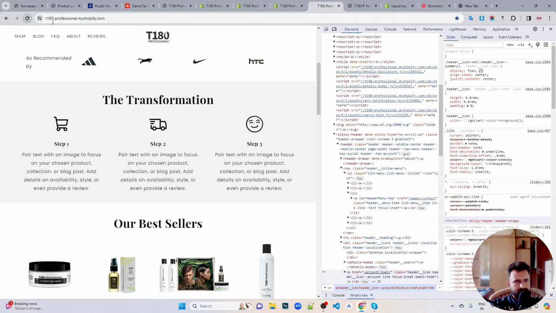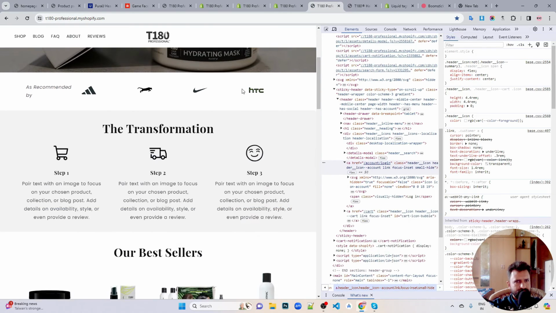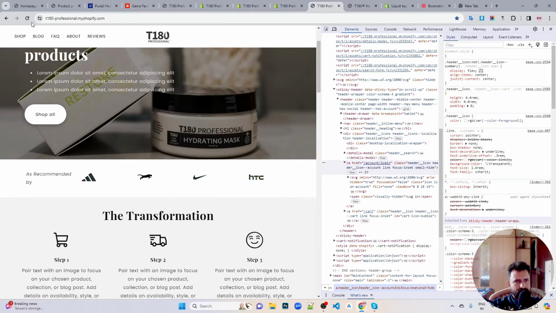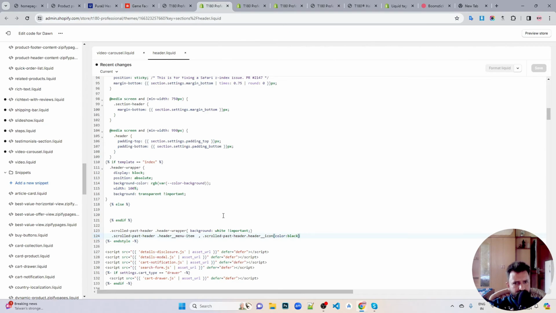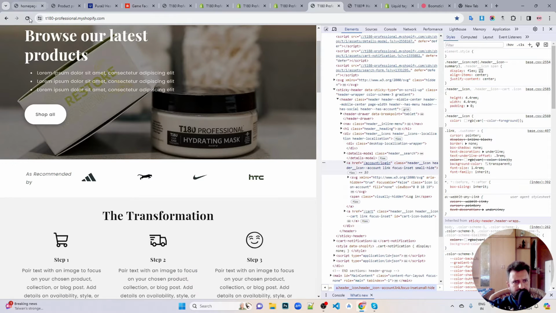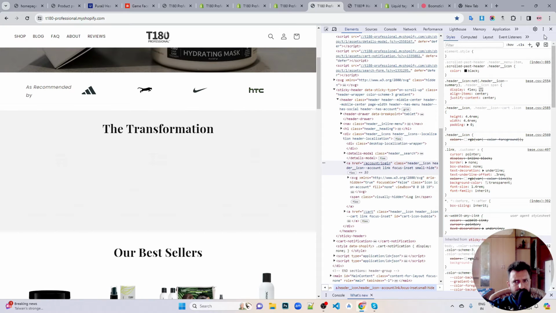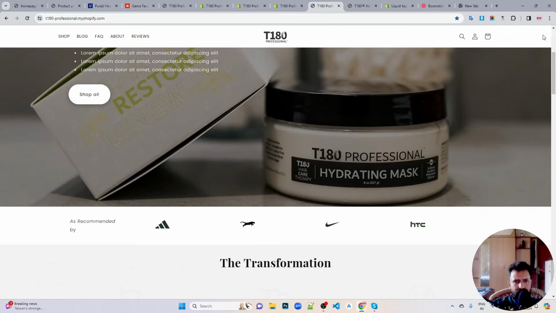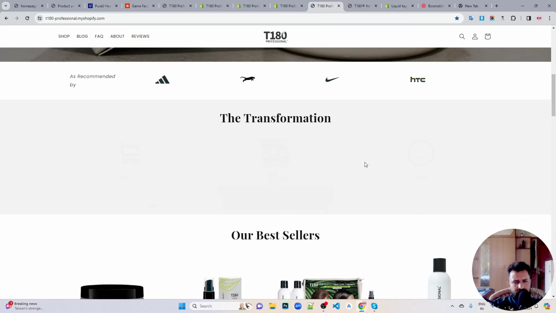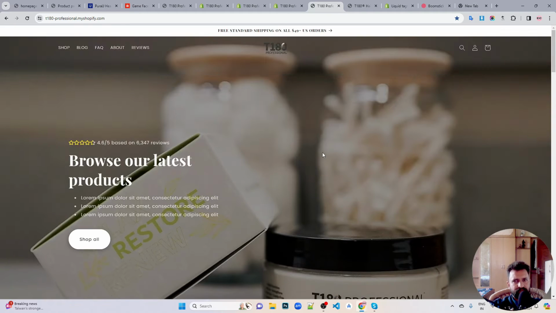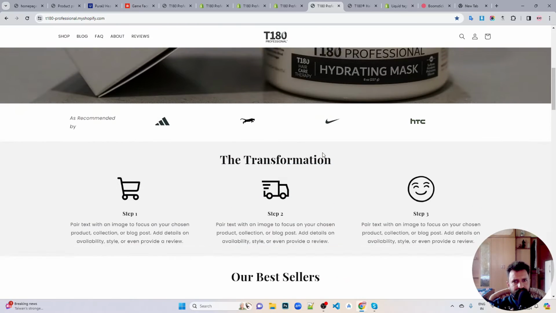Okay, so we scroll down. We didn't do it for scroll past header. Dot header icon, the space is important. So we have this looking good over here. For some reason these things are gone. Okay, this is back. Right. So yeah,